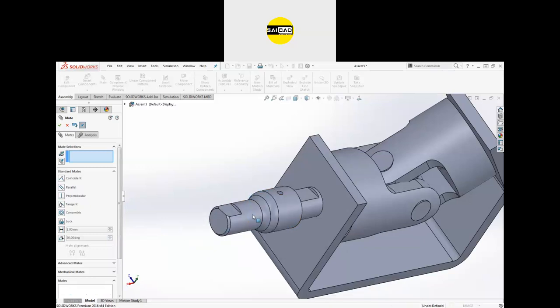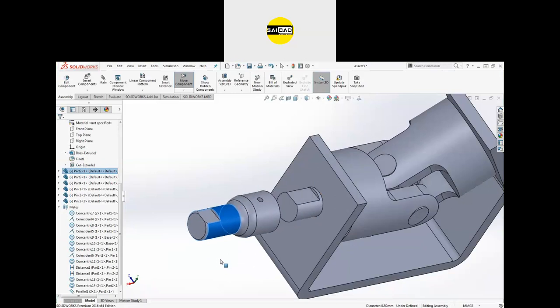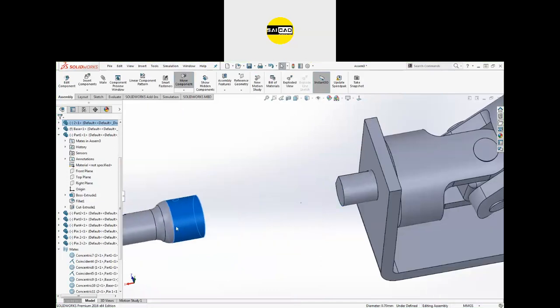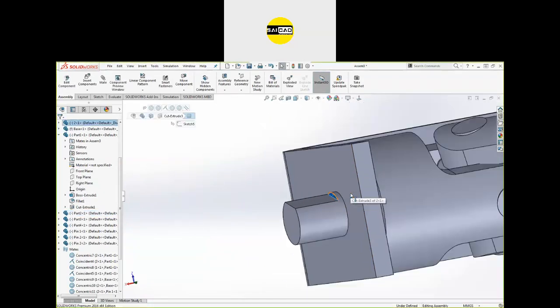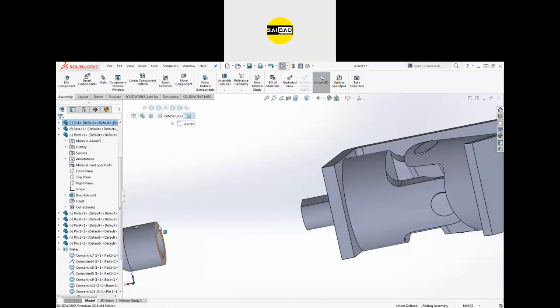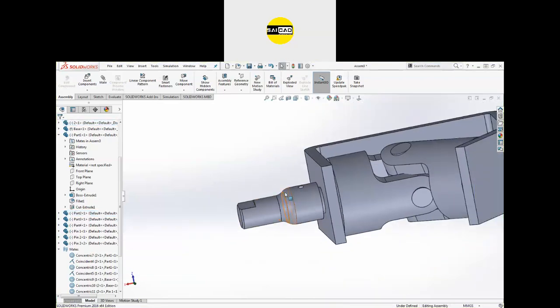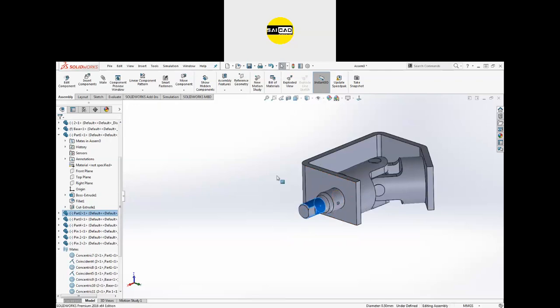Now you can see the product can be moved front and back, but it can rotate like that. For that, I'm going to select this face. We know that this is the keyway, and up to here the part will be added. So you can select these two, create a coincident, and the part will be up to that point. You can constrain like that. Just rotating it from here, all the components will be rotated.